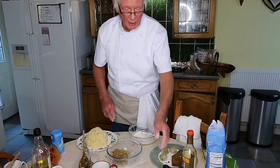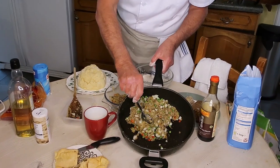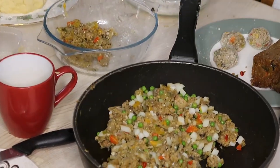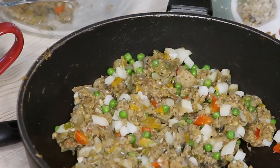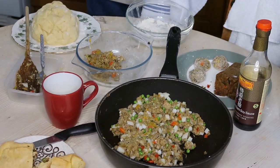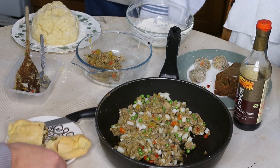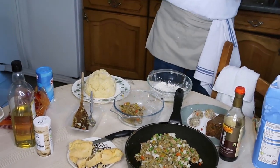There's still a lot of mix left. And you have all this mix left for pasties with the potato and the frozen peas in there. I mean, they freeze these peas straight from the pod. And when you start eating it, you can taste the peas as fresh as though you picked them out of the garden yourself. Absolutely delicious. So there we go. So I hope you've enjoyed what I've done today,